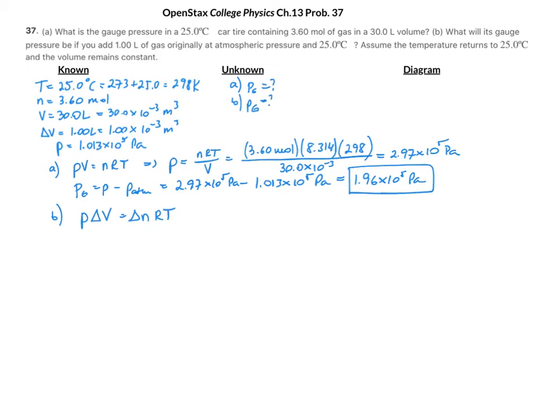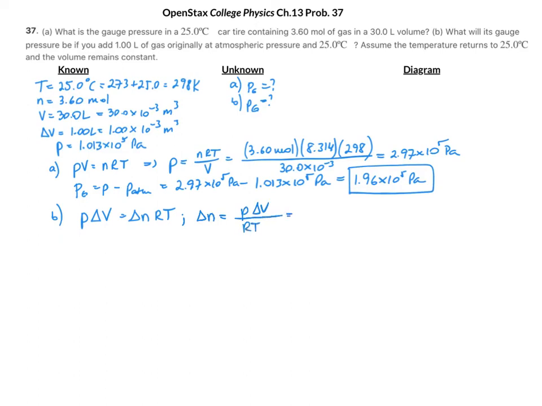So again, this is my number of moles that I have to figure out based on the fact that the gas is at atmospheric pressure and we're adding 1 liter or 1 times 10 to the negative 3 cubic meters of gas at 25 degrees Celsius. So we're going to be solving for this extra number of moles. So the delta N will then be P delta V divided by